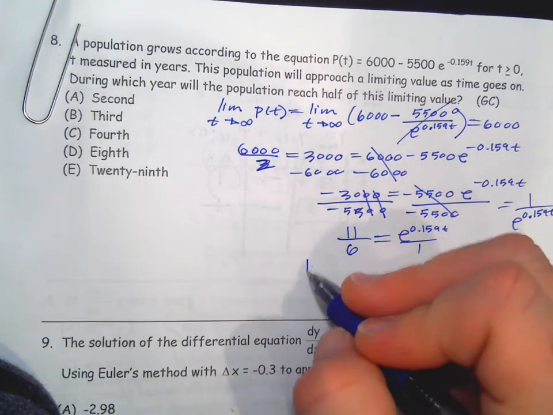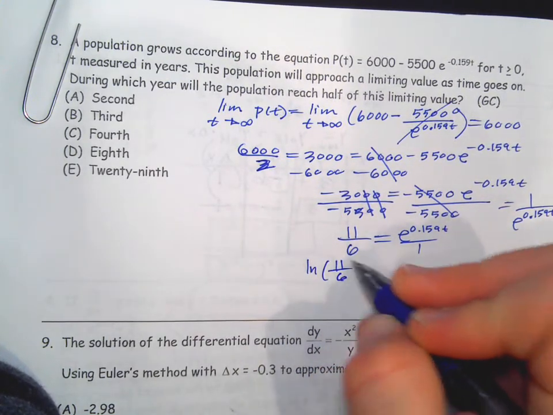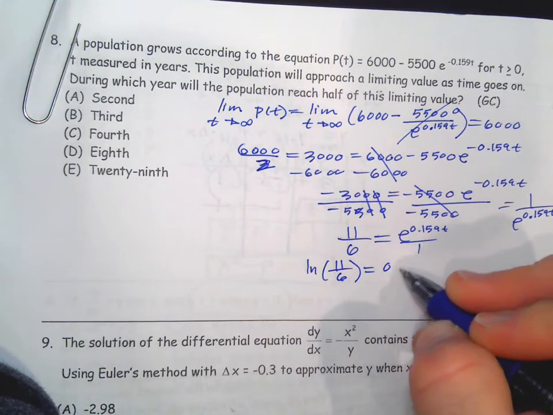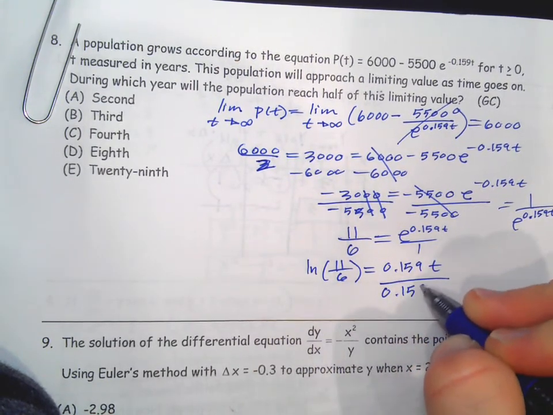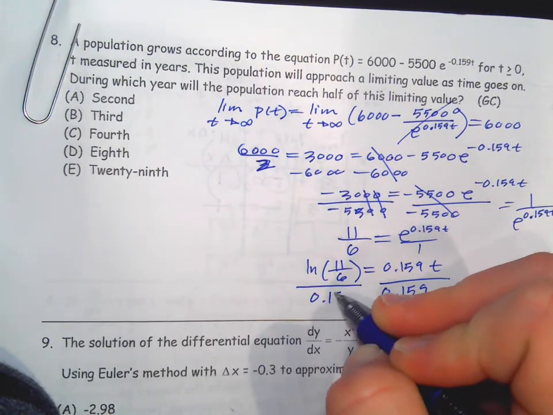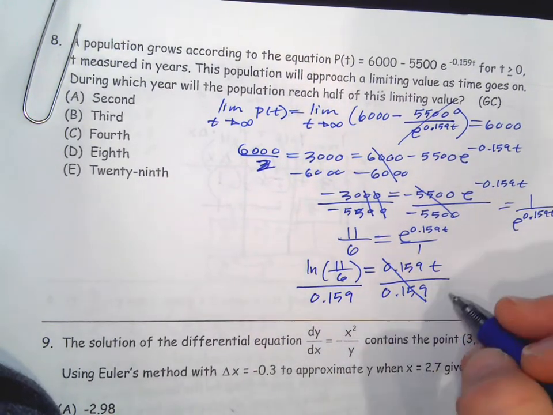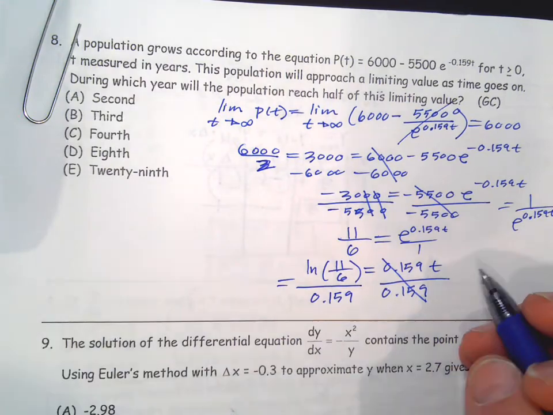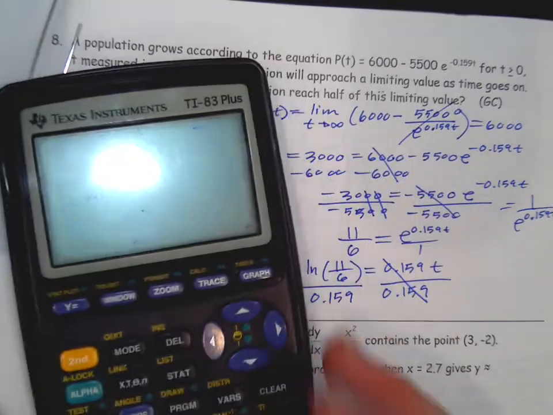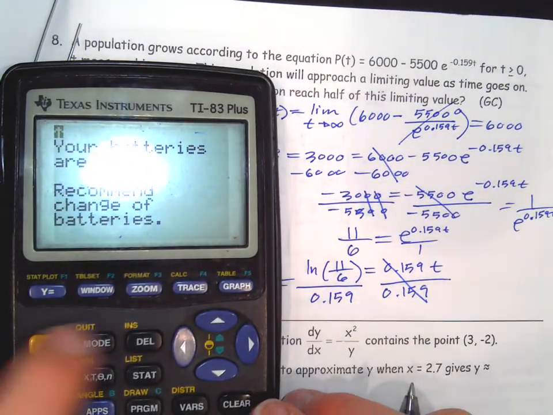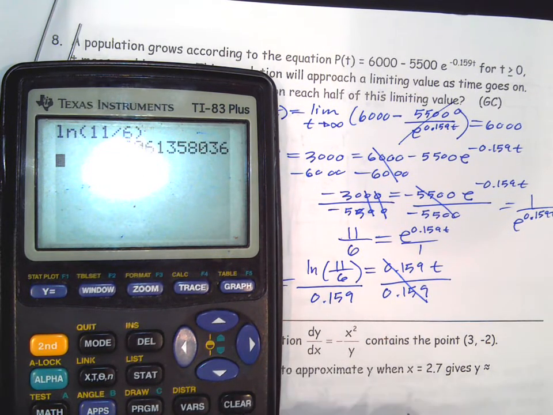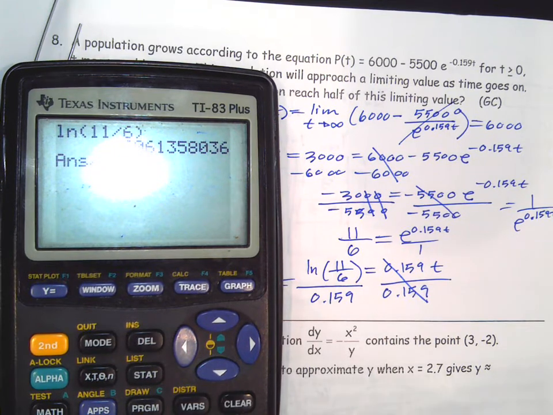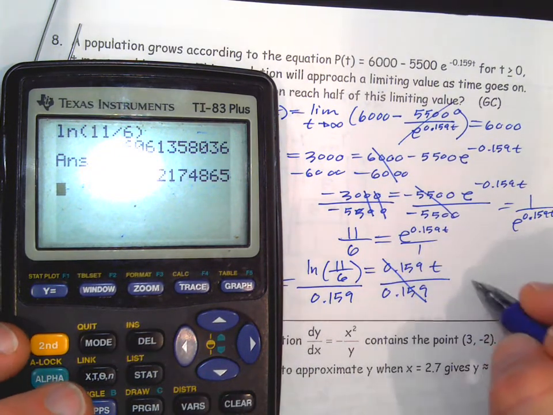And then we take the natural log of both sides. And we can divide by 0.159. So the only need for a calculator is to try and figure out what this number is. So natural log of 11 over 6 divided by 0.159 is